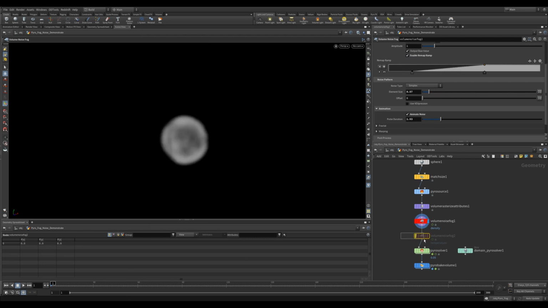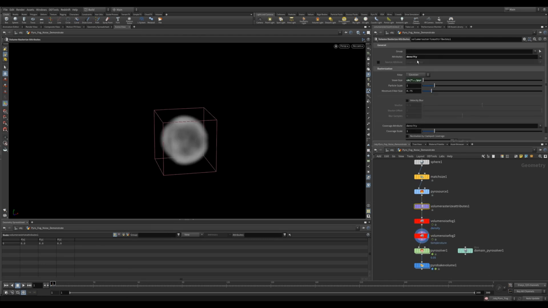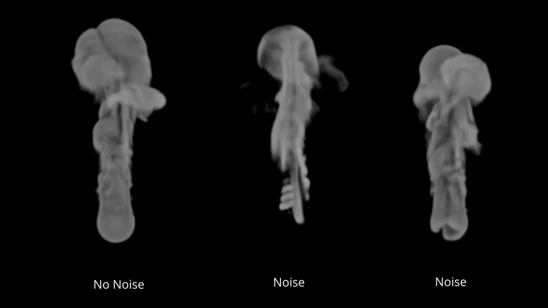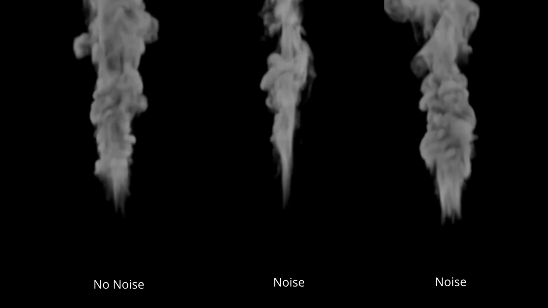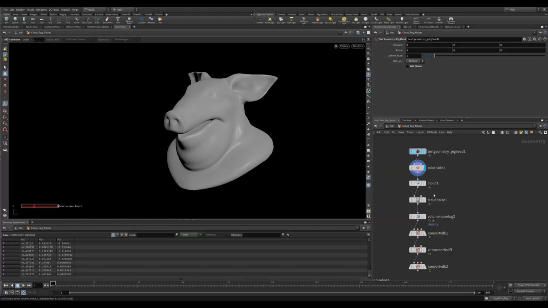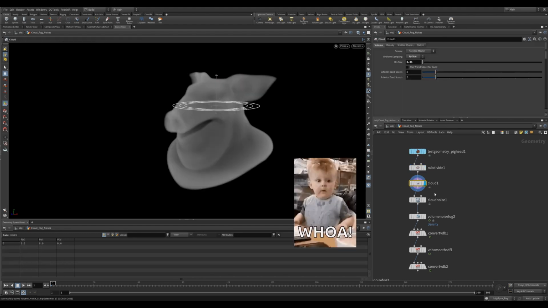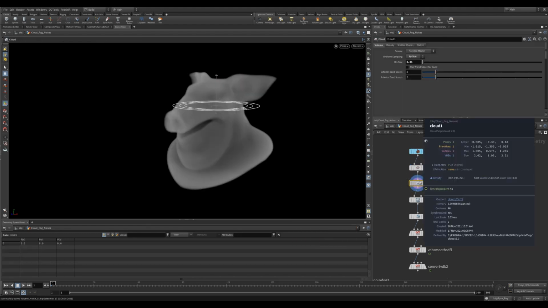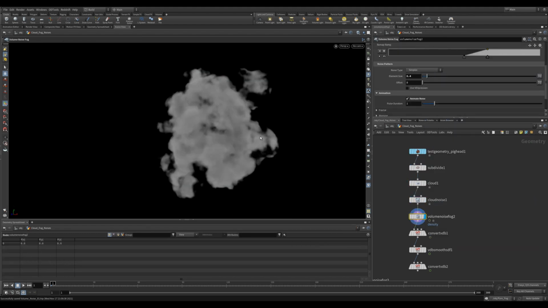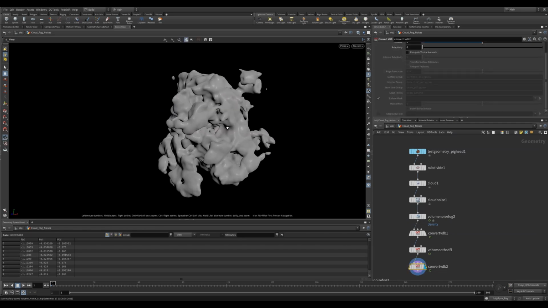We can now duplicate this node and do the same thing for temperature after we add the attribute back into our volume rasterize attributes. When you compare the smoke sim with and without the noise, you can see that we get a much more interesting result when we add some noise in. You can also use this to manipulate existing fog VDBs, such as those created with the cloud tools. Now you can cut out sections or even set it to minimum and get some really nice looking results.